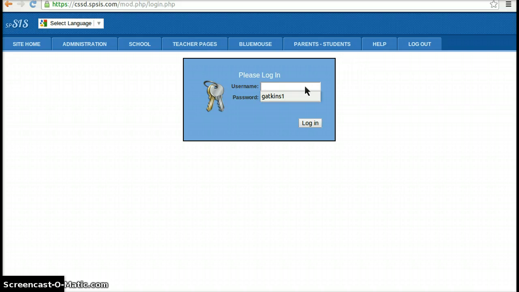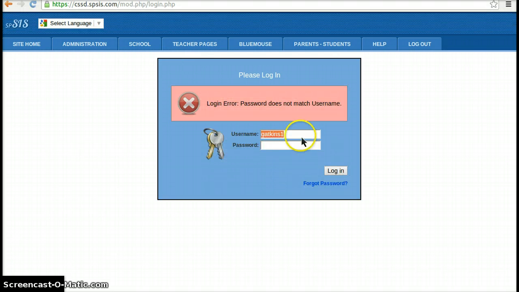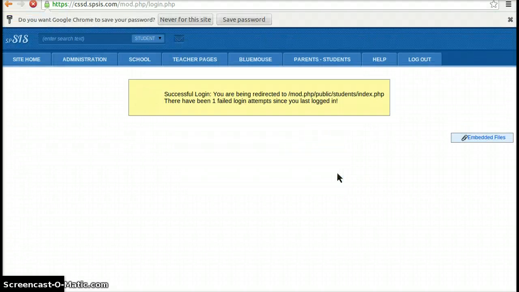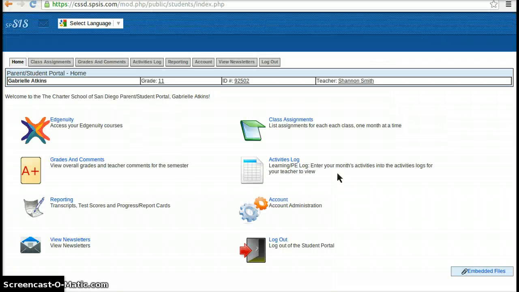Once you're there, you're going to notice that you will need a username and password to log in. And I'm going to type in my username and password that I'm going to be using today. The passwords are very case sensitive, so please make sure that you capitalize the letters when necessary and that you're putting in the correct characters and such. As you can see, I did not do mine correctly. Give me 1 second. Okay, and so you can see as soon as I put in the correct information, it's going to take me